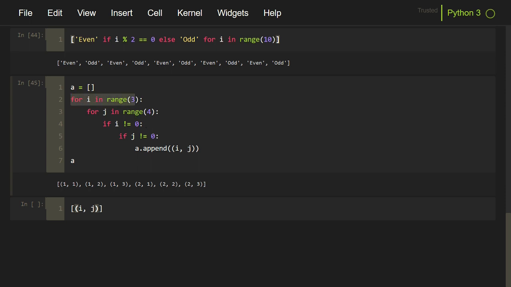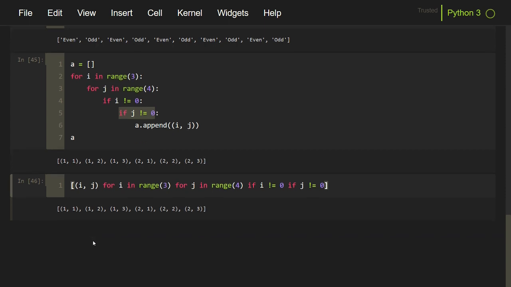So first I will copy this line, paste it over here, a space, then the first if condition, space, the second if condition, paste, and the final list that has been returned is exactly the same as before. And we have converted the 6-liner code to a 1-liner code.